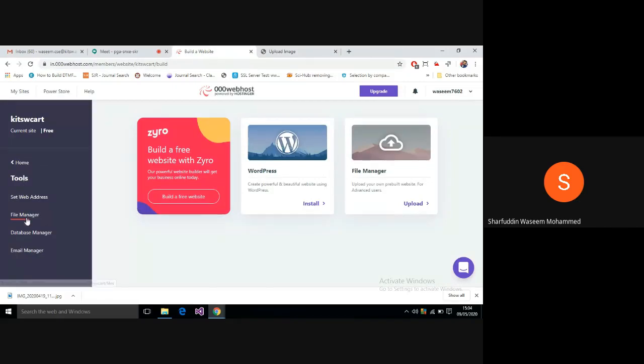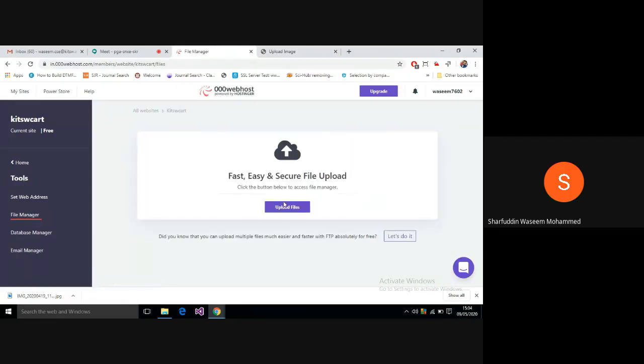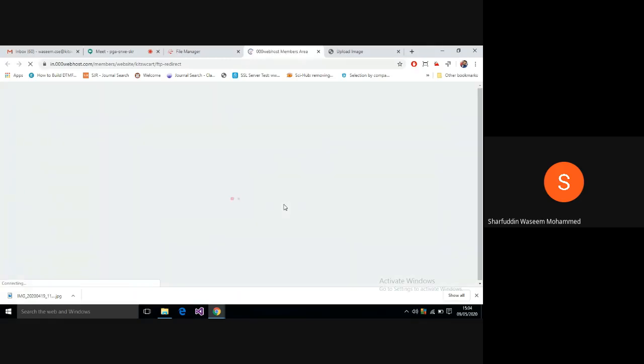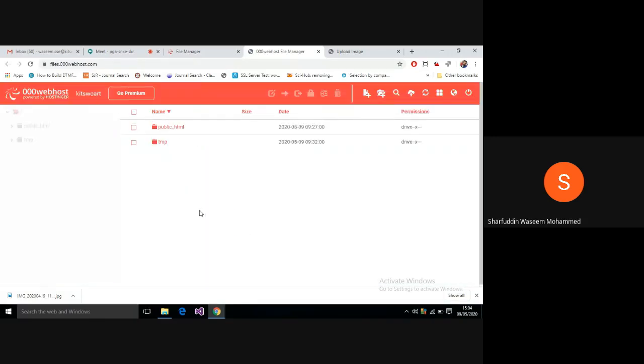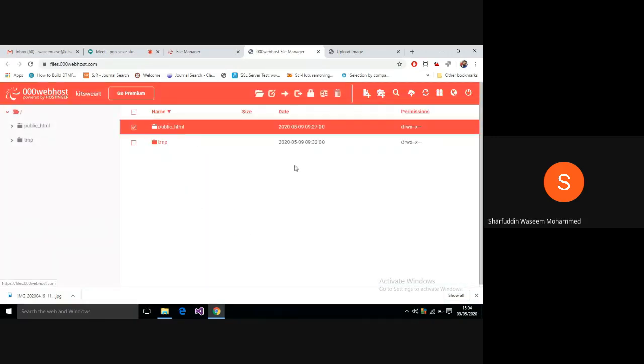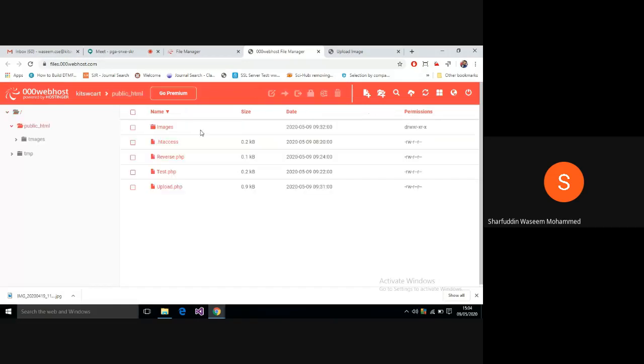So again I will explain to you. File manager, upload the files, then you can see that. So you can create your own web pages here by clicking on new file, or you can also upload the web pages from your computer over here. Okay, because this is my domain, I am the only authorized person to access my web space.